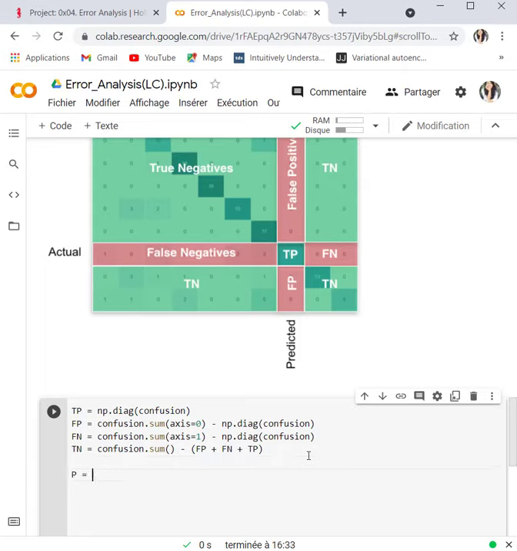Now the positive will be the true positive plus the false negative, and the negative will be the true negative plus the false positive.